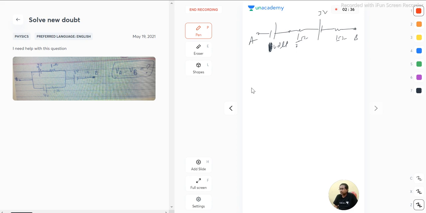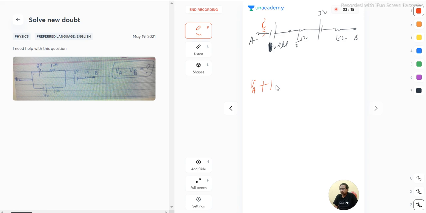In the question current is not given to us, so VA minus 1, actually plus 1, okay, and then I am assuming that current I is flowing in the circuit like this. Please make sure the value of current is not given in the question. It has to be given in the question for calculating the potential difference. Either you have forgotten to write the value of current, or else it should be given, otherwise I am writing this in the form of current, or you can just put it later.